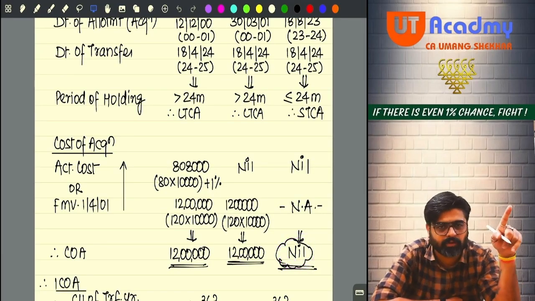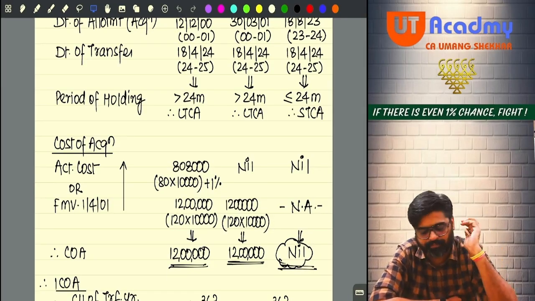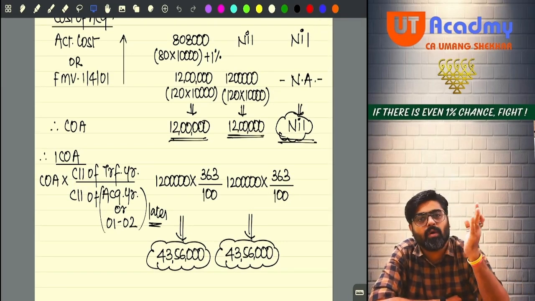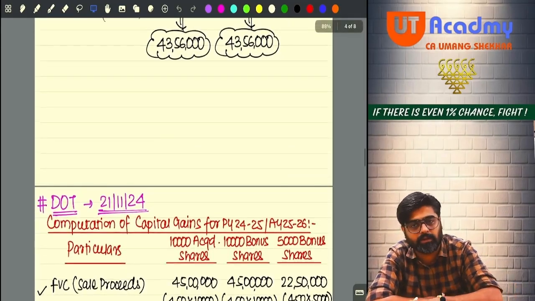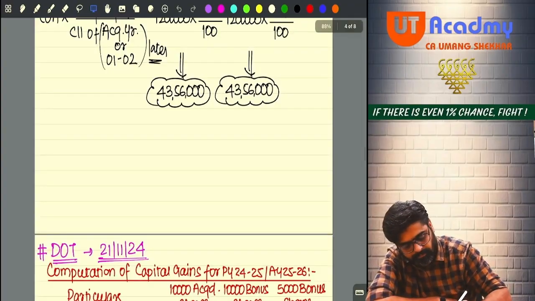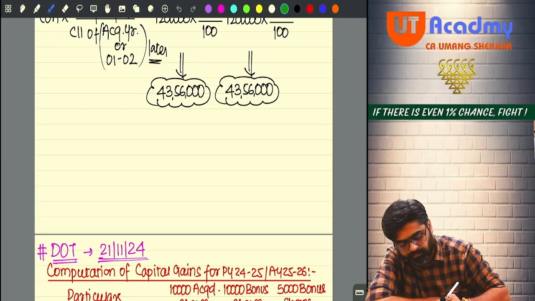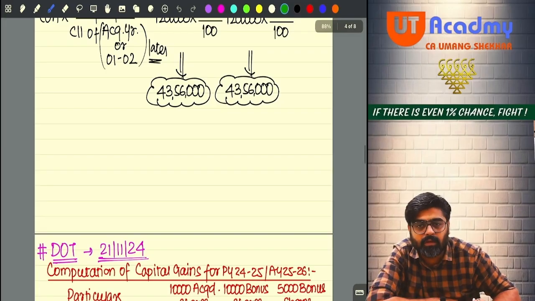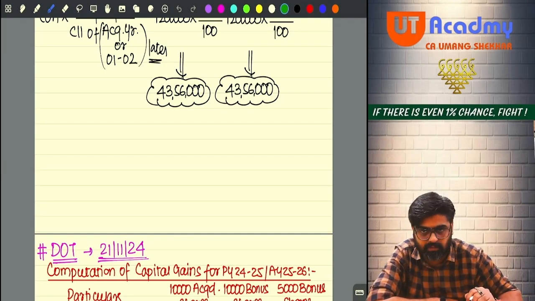Did you identify the cost for all the shares? Sure. Now pay attention. You have to now index them. Index the cost. Why? Since all the shares were transferred prior to 23rd of July. Now what is indexation? First of all, understand. I will write down one formula. See, before writing down that formula, I would like to tell you that indexation is a benefit. Indexation is a benefit because of which the cost is inflated, cost is increased.